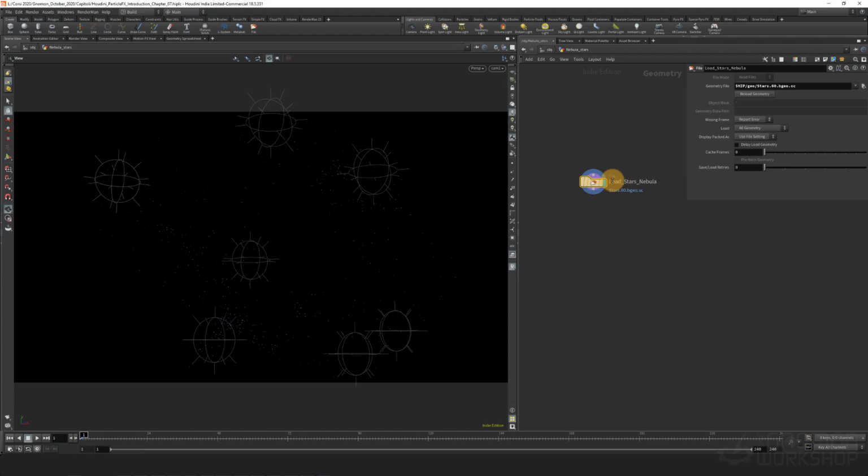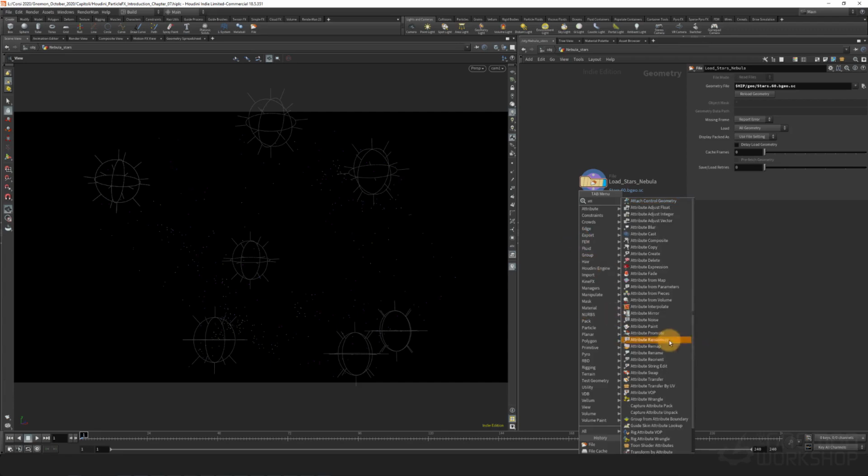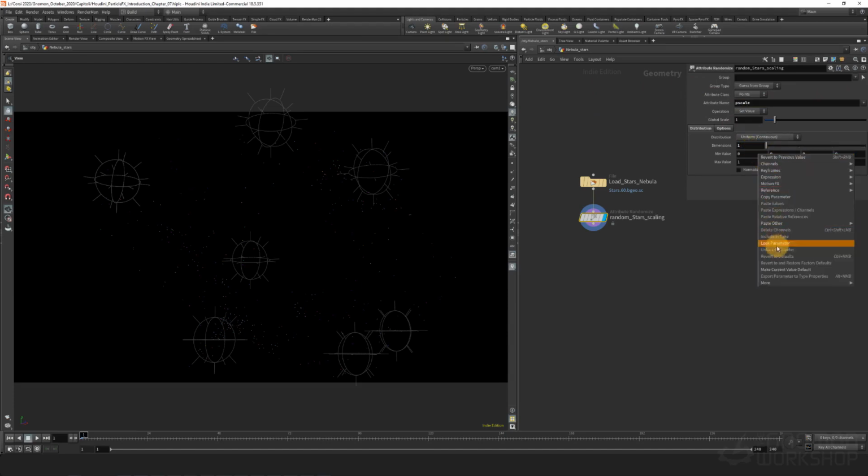Nebula. We go to have an attribute randomize to randomize the scaling. Let's say random stars scaling. With this one we are going to take care about the scaling, so we use the pscale, and we go for a uniform continuous. We say to use just one dimension, and we go to copy this one,